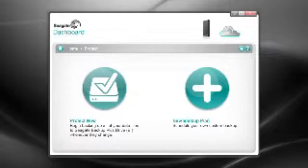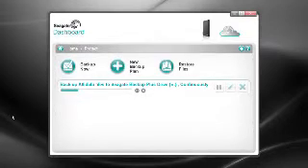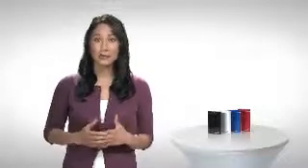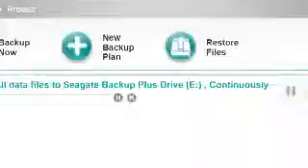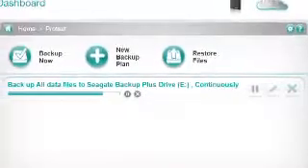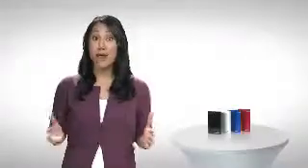So let's click on Protect Now. Protect Now is the easiest option. With just one click, the Seagate dashboard does everything for you. It finds the drive you've attached to your computer. It creates a backup plan to copy all of your non-system data. You know, the information you don't want to lose, like your photos and personal documents. And it starts the continuous backup automatically. That means whenever you change something on your computer, it automatically gets backed up. So how easy was that? One click and you're done.